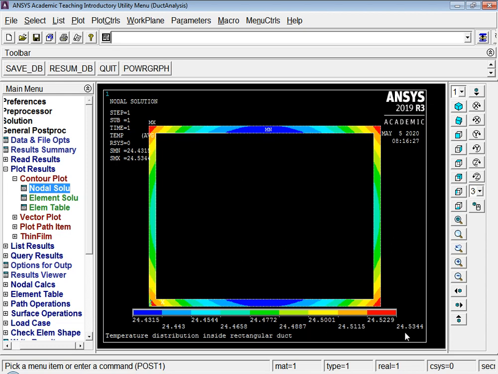The idea over here is just to carry out the analysis of heat transfer for cross sections, and the example which we considered is a duct cross section. Now the ducts are generally made up of aluminium.